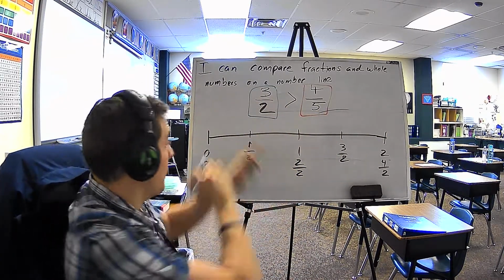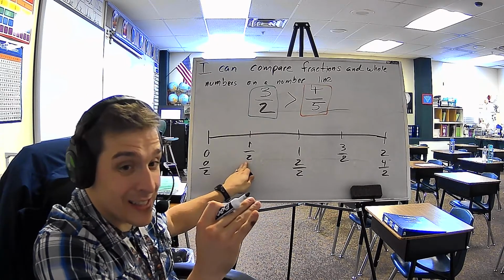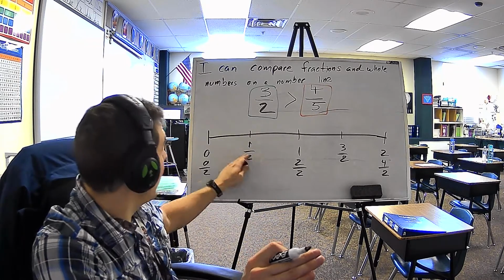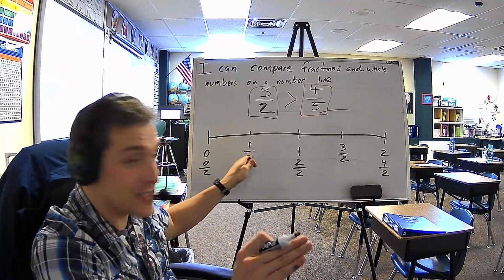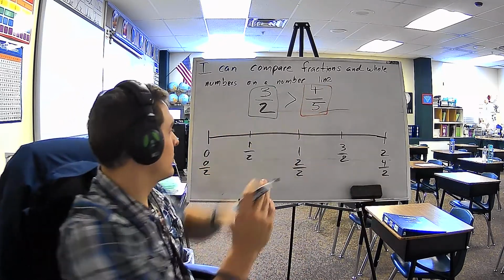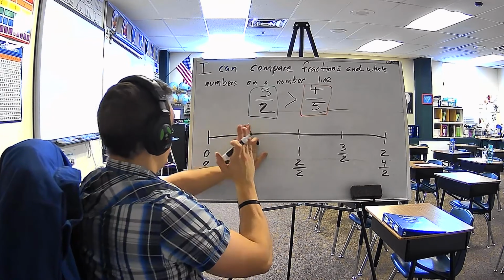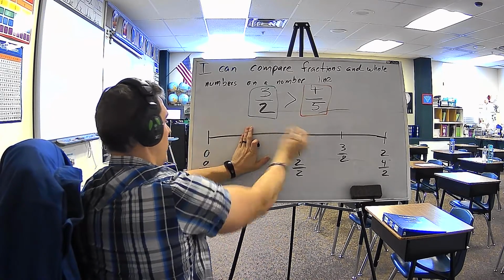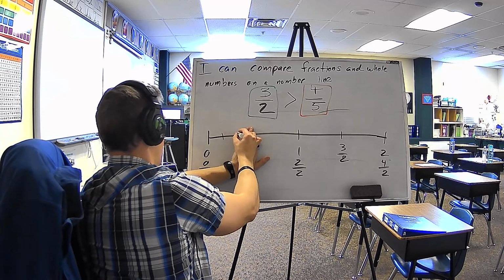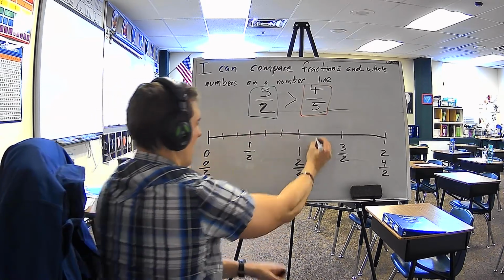Now, if I put other things on this board, I now know what this is without the colors. I can instantly see the line here is that. I have already labeled it, so now I can continue. Let's do fifths now. So cutting this up, ignoring this spot, and do it into fifths. So from here to the 1, so 2, 3, 4, 5, and then 1 whole, and then do the same